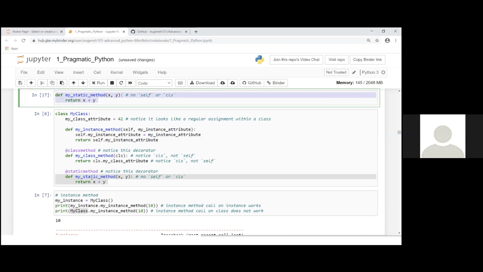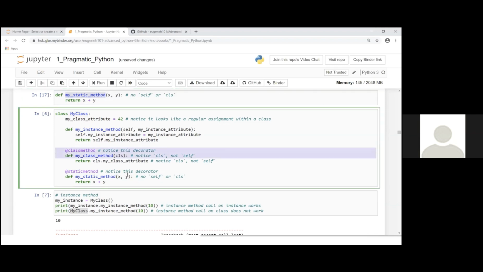So basically it's just a helper function that you might often use with the class. If this class often does adding for some reason, you could just stick it in as a method. But you're also preventing the user from inspecting the instance itself or the attribute itself or the class itself. So in some sense, a static method is almost like encapsulation or privacy, to protect someone from using attributes of the instance or class.